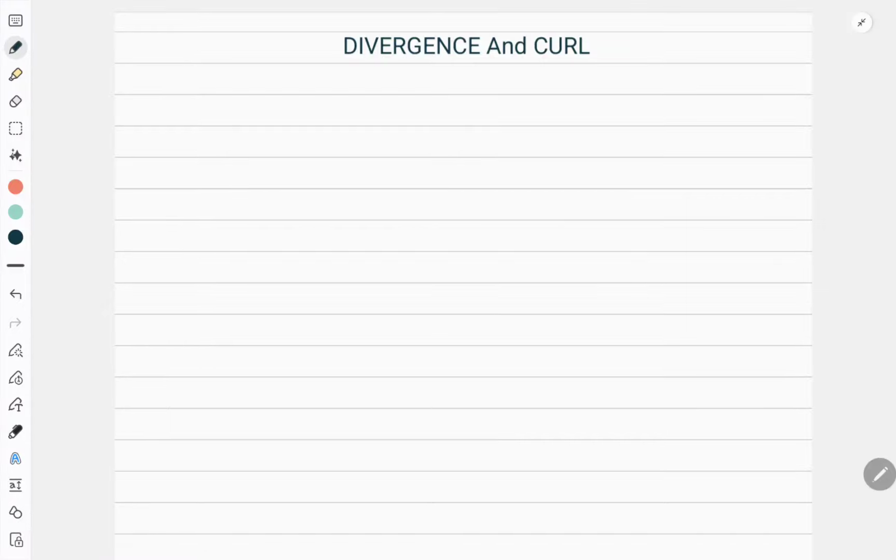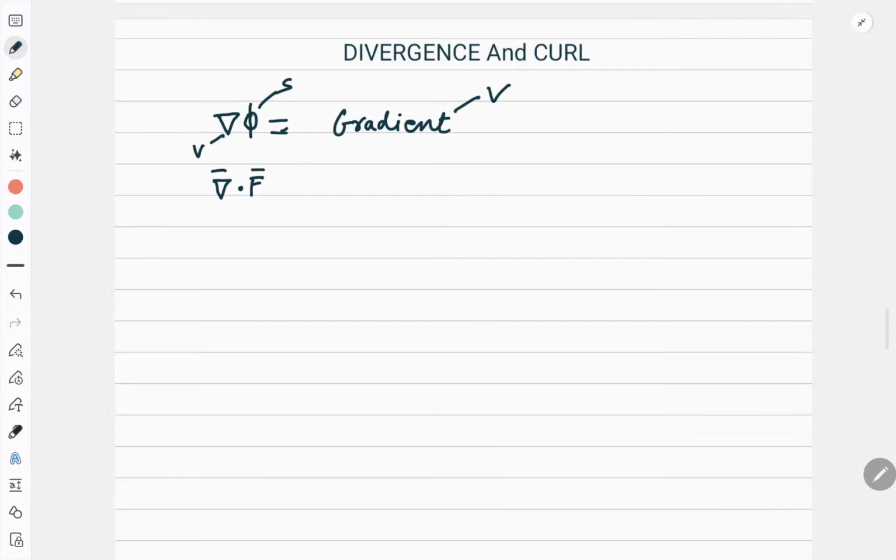Now what exactly is a divergence? See, I introduced you to an operator nabla, and I said when this nabla is operated on a scalar point function, I get gradient. So I started with a scalar and I got a vector. Same way, and let me remind you, this nabla is a vector. Now when we do dot product of this nabla with any vector, obviously dot product means both have to be vectors, then I get divergence.